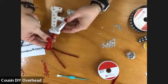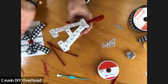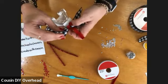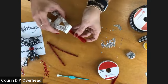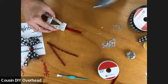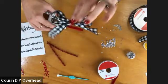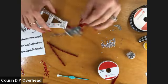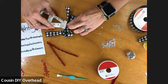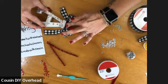So you can flip that guy over. And now we're going to attach our bow. So again, you don't have to. It looks super cute without the bow, but if you want to add the bow, I'm extra. I like adding extra things. I'm going to go ahead and attach that on. So you're going to just put a little dot of glue right here at the very top of the A, or the top of your letter. And then we're going to put the underside, so the ugly side that has our glue, right on top, and we're going to get it as close to the top of that A as we can. So just kind of smush it down to there